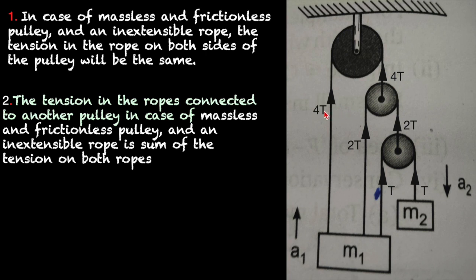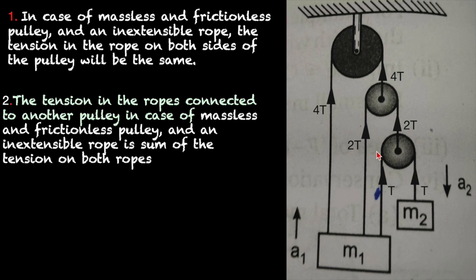The first point says, in case of a massless and frictionless pulley and an inextensible rope, the tension in the rope on both sides of the pulley will be the same. So if the tension on one side is T, the other side will also be T, because it is the same rope traveling on the same pulley, so no tension changes. Similarly, if you have to find the tension on the second pulley, or different pulleys connected in a pulley system,